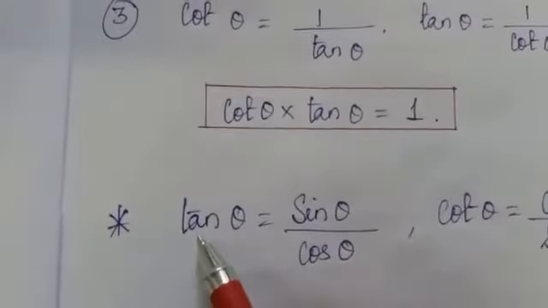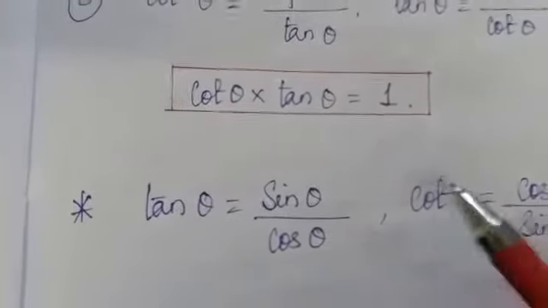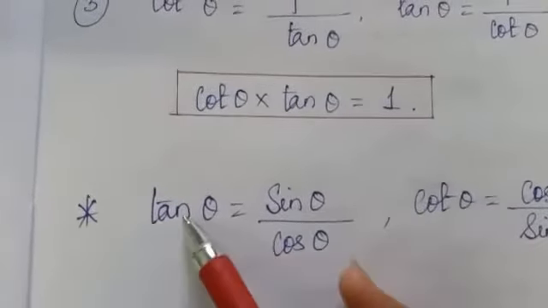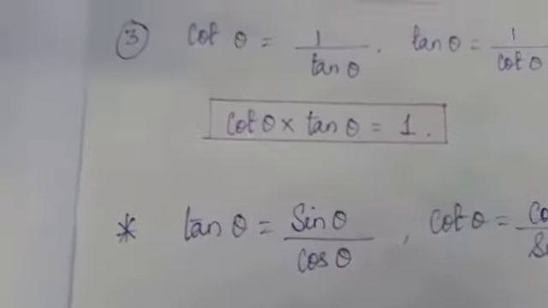Now next is tan theta is sine theta divided by cos theta, and cot theta, since it is the reciprocal of tan, cos divided by sine. So with the help of these formula we will solve this chapter. Now we'll start exercise